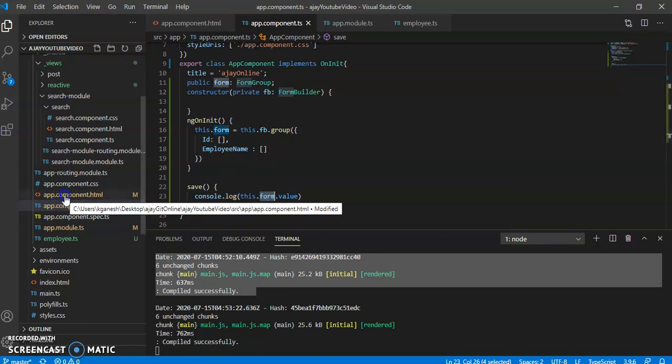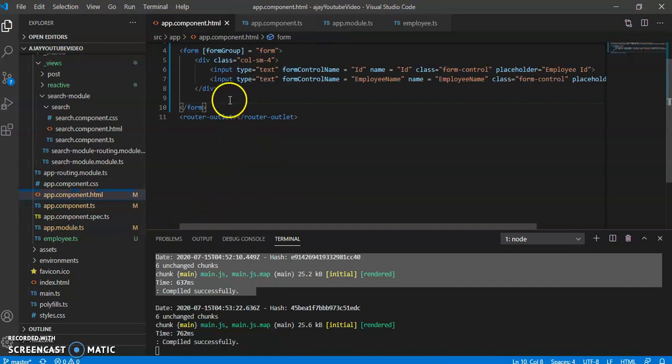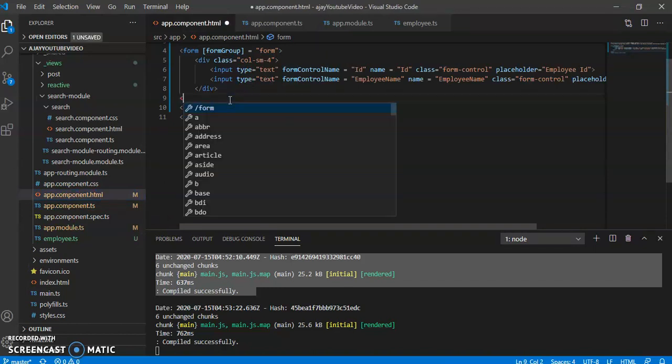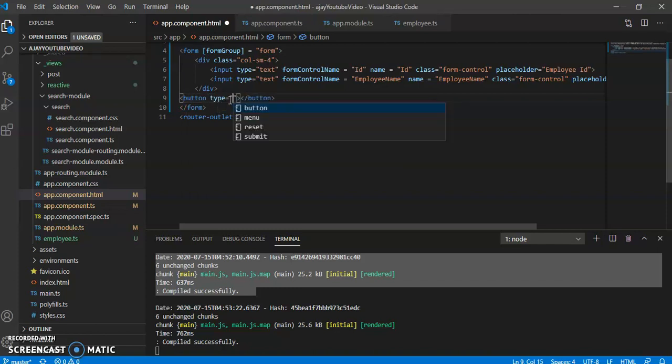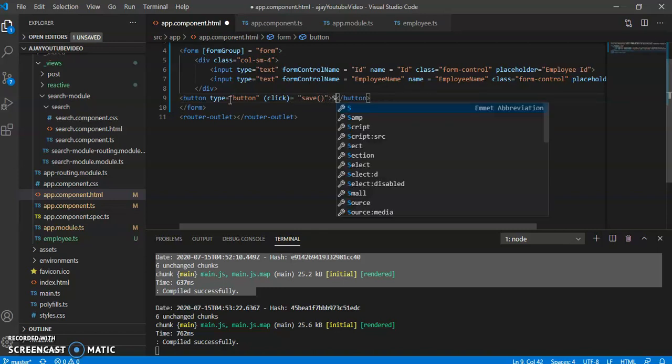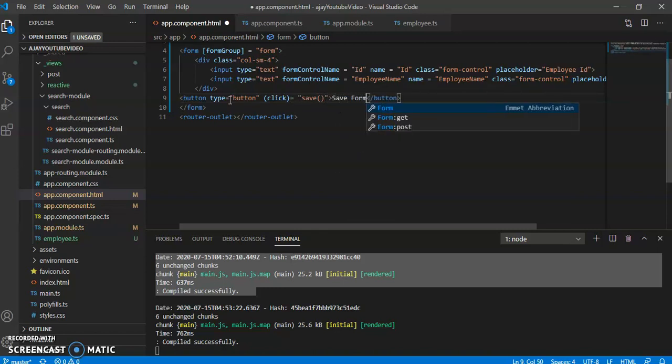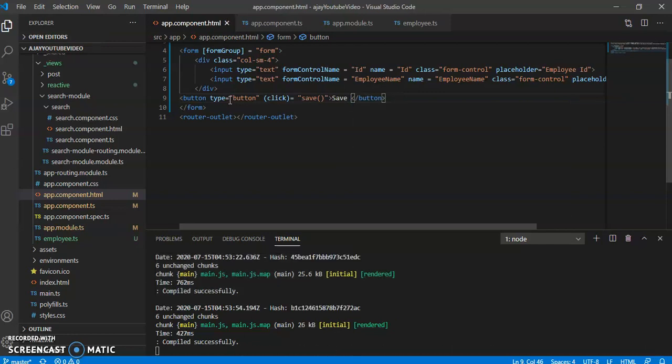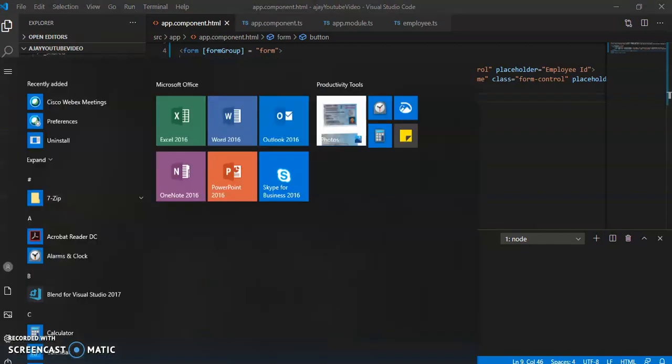And in the form, I have given a button, type equals button, click equals save, whatever we have written over there, just to give a save. Now what should it do? I am opening a browser now.